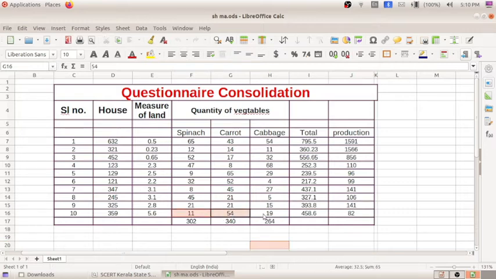This is the total production, and this is the quantity of the vegetables. So when I hold the control key, I can select both rows together. After that, don't leave the control key. You can see an option here, insert chart. Click here.